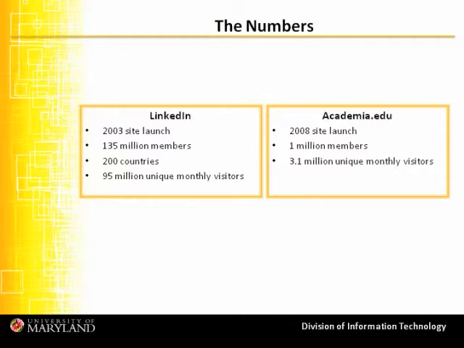So the numbers. As you can see from this comparison, LinkedIn has been around for a few more years than the relatively new Academia.edu. It clearly has a much larger user base and reach. When we take a closer look at the two sites in a little bit, you'll be able to see that LinkedIn is a little more robust now. It's been around for a longer time and has a lot more features, but